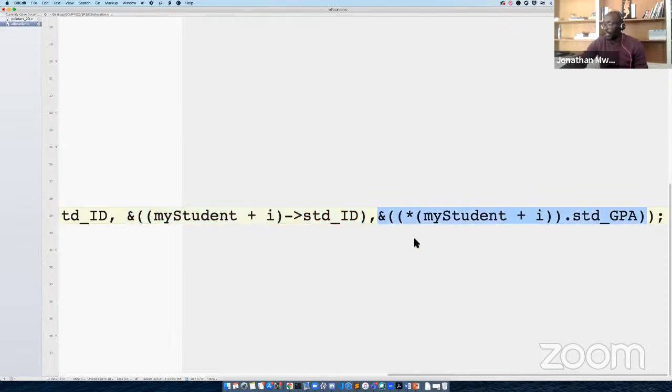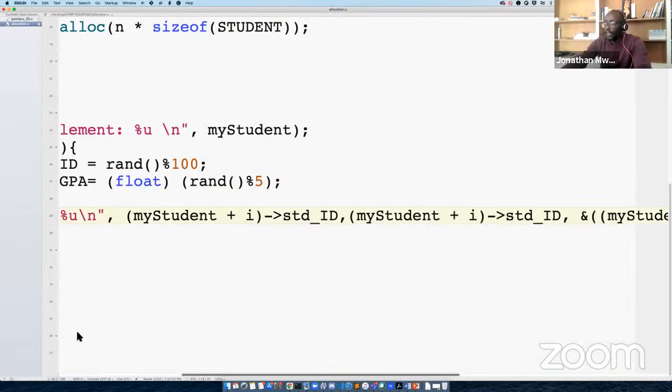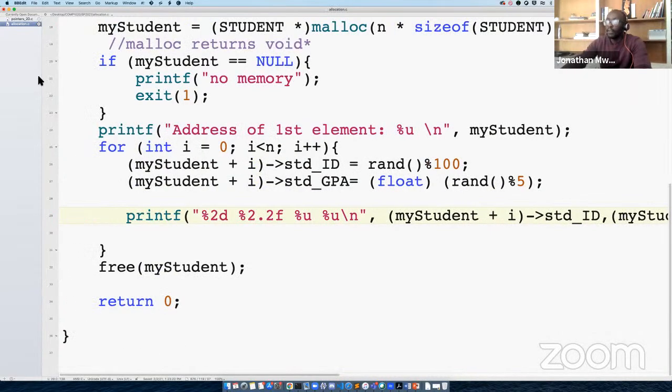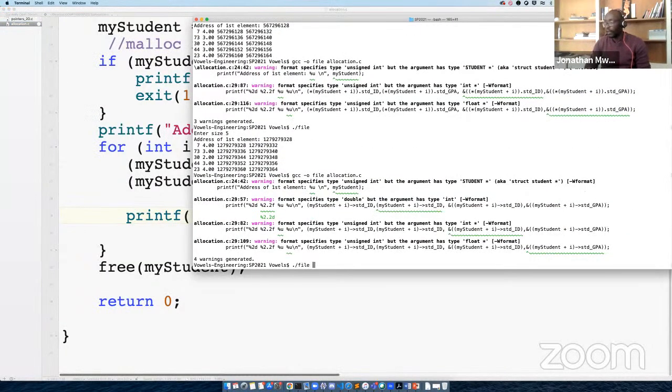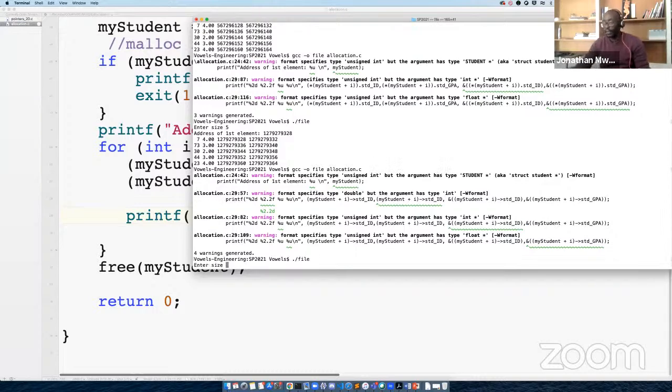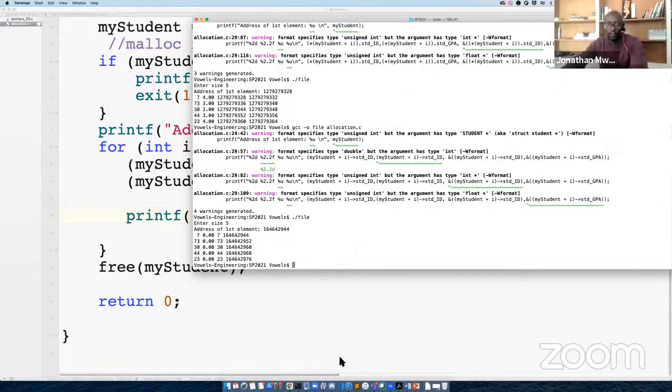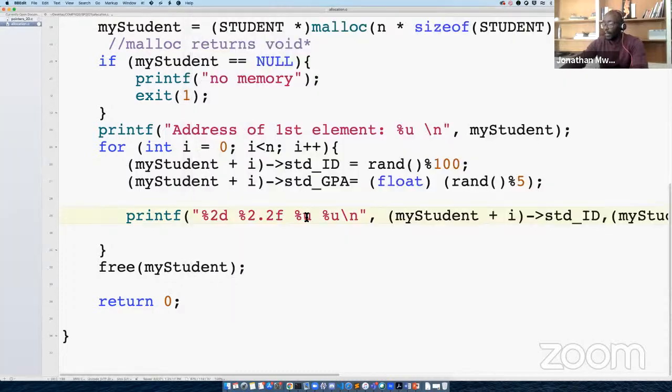Please revisit it, and it will be helpful for you to see what we have just done. So we can just change everything to use the pointer to struct operator to do the same thing that we have been doing. So we save this. Okay, we try running it. Okay, no problem. And 5 items, and it works same as what we were doing before. Okay, now let's change this to P and to P and to P so that we can be able to use it.